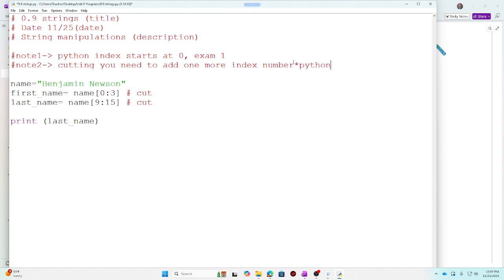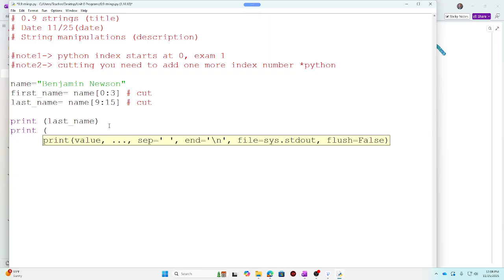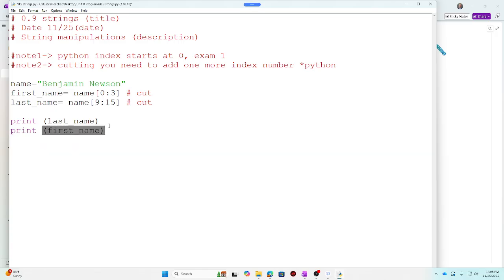Otherwise, what's going to happen is you're going to cut. If I cut on the second item, the cut actually deletes that item. Does that make sense there, Uma? So if I put the 2 there, it would cut the N off. Okay? This is really useful because now, if I want to change the order, I can print my last name first, and then I can put my first name. Right? So I've actually reversed the order.